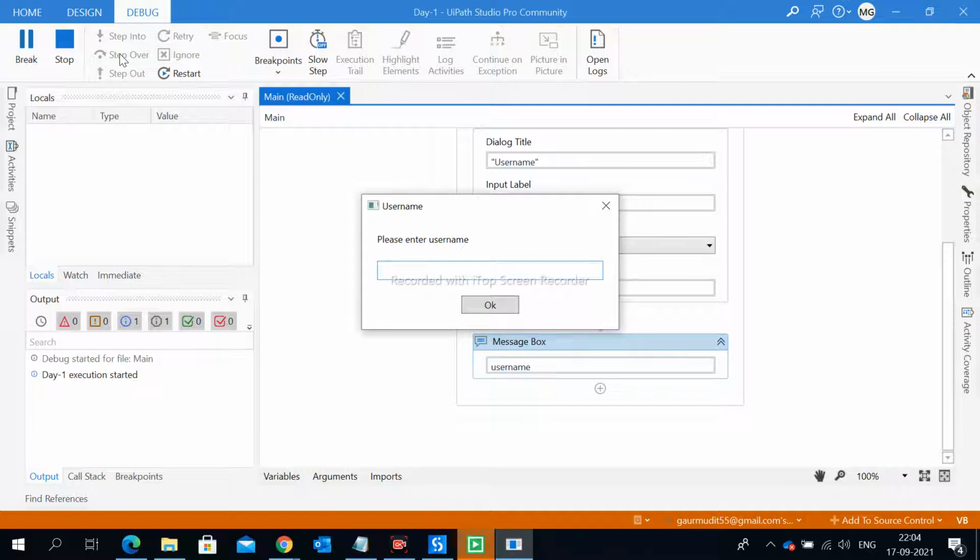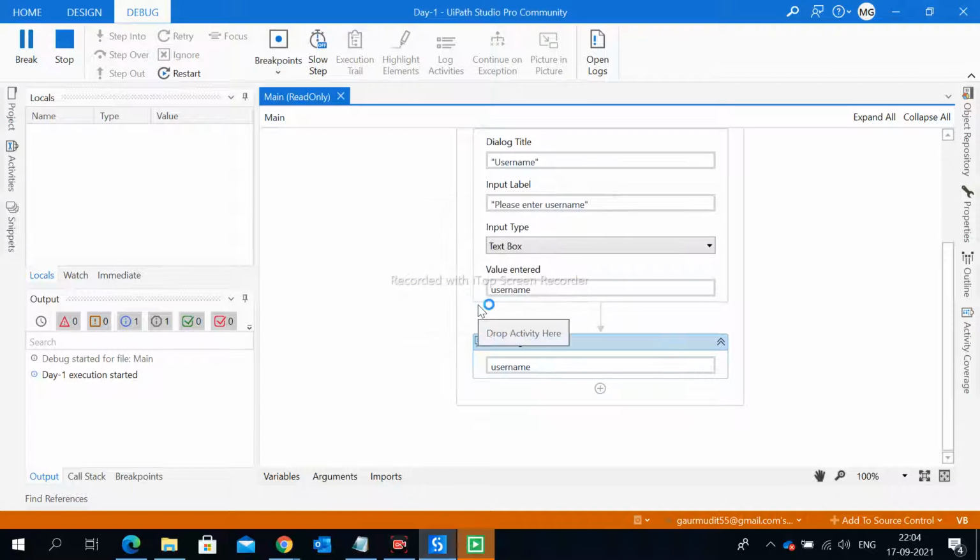Okay, testing. See, now we have the variable value, testing, in a message box.